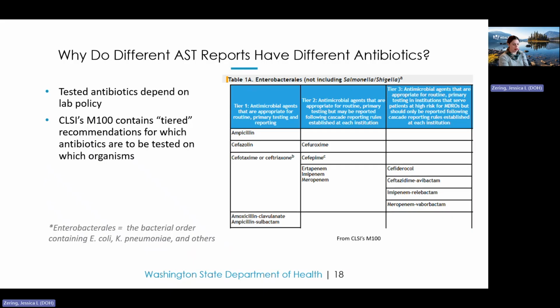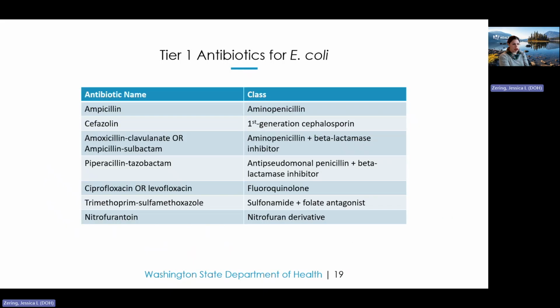Now, I've also included, just as a reference for you really quickly while we're on that topic of which antibiotics we're testing for, this list of tier 1 antibiotics for E. coli, because I know a lot of these names may not necessarily represent antibiotics that we're working with directly in the nursing home setting. Ampicillin, the antibiotic name listed there, is an aminopenicillin. Oftentimes we use in the nursing home setting amoxicillin, not so much ampicillin, and amoxicillin susceptibility can typically be inferred from ampicillin. Cefazolin is a similar vein.